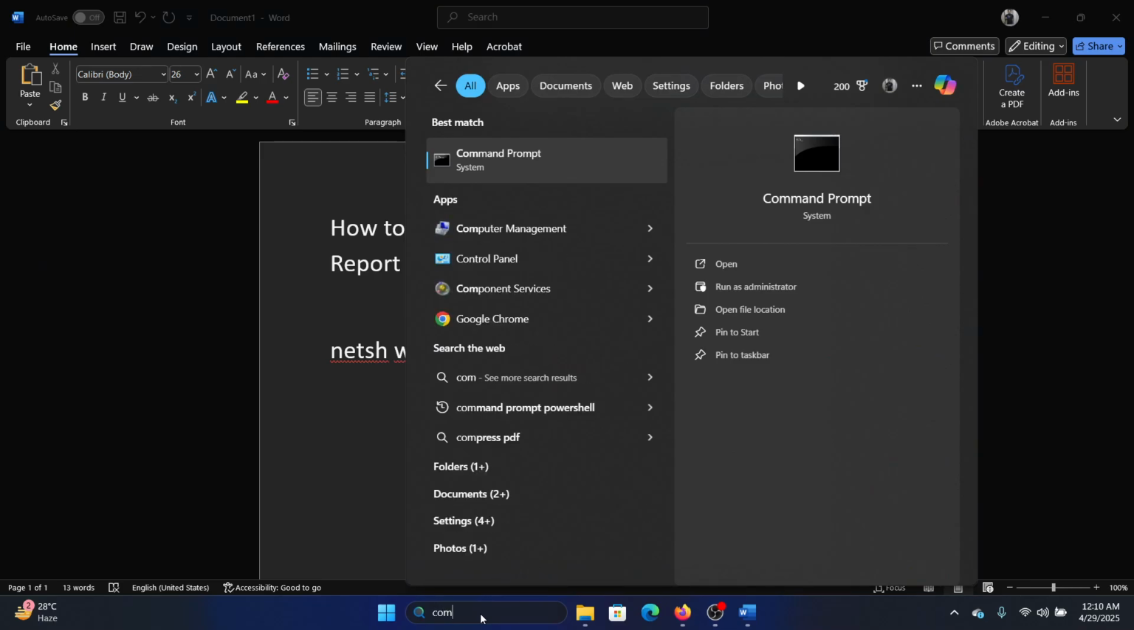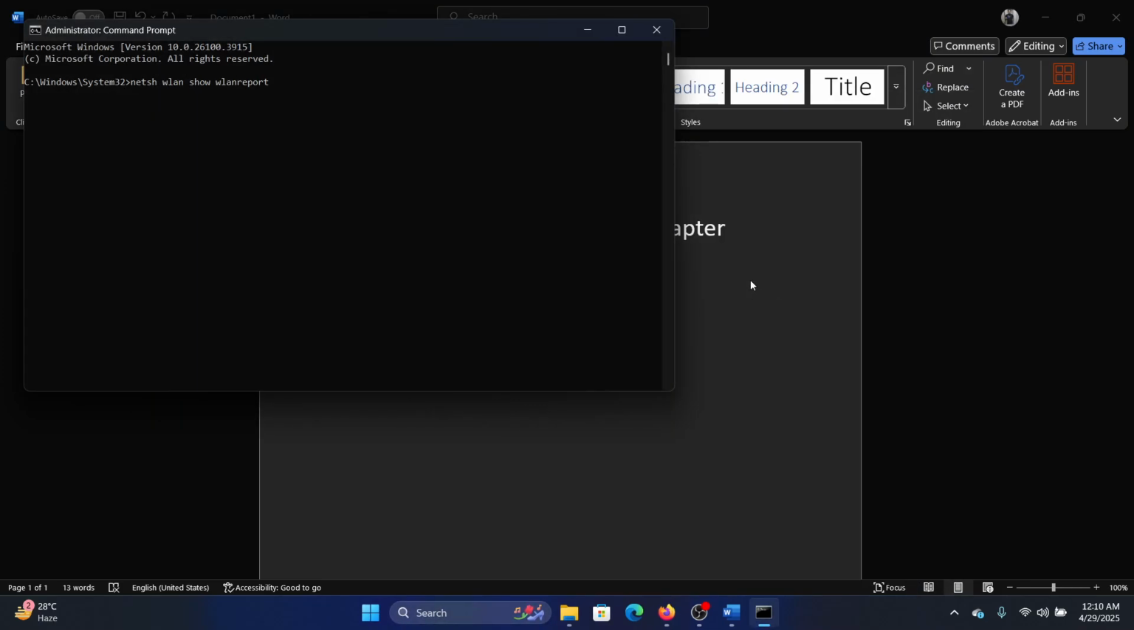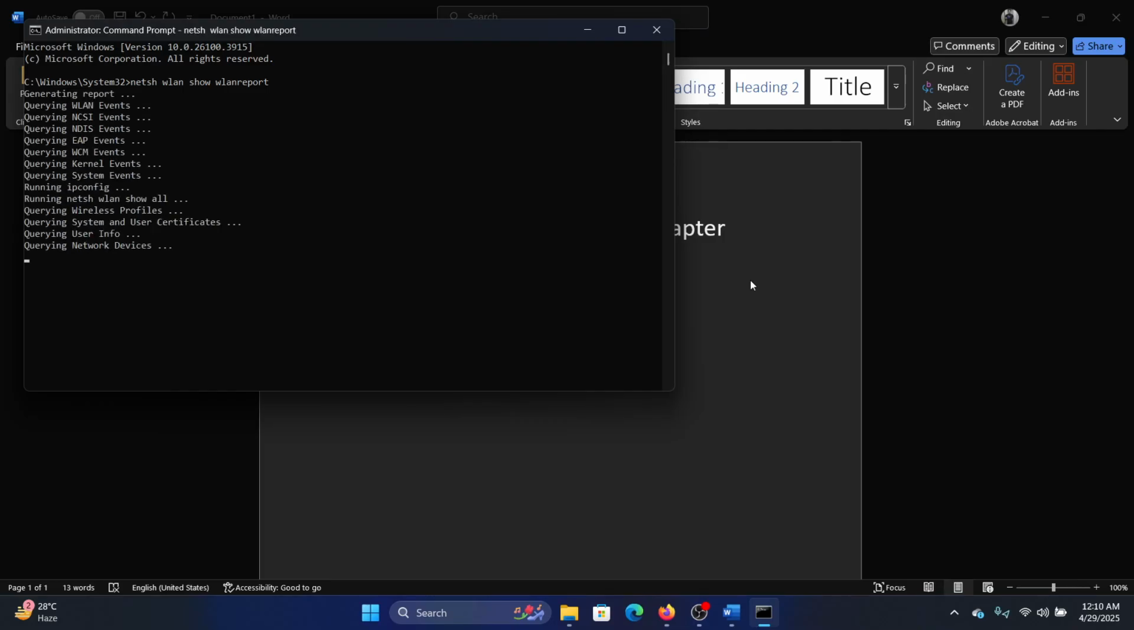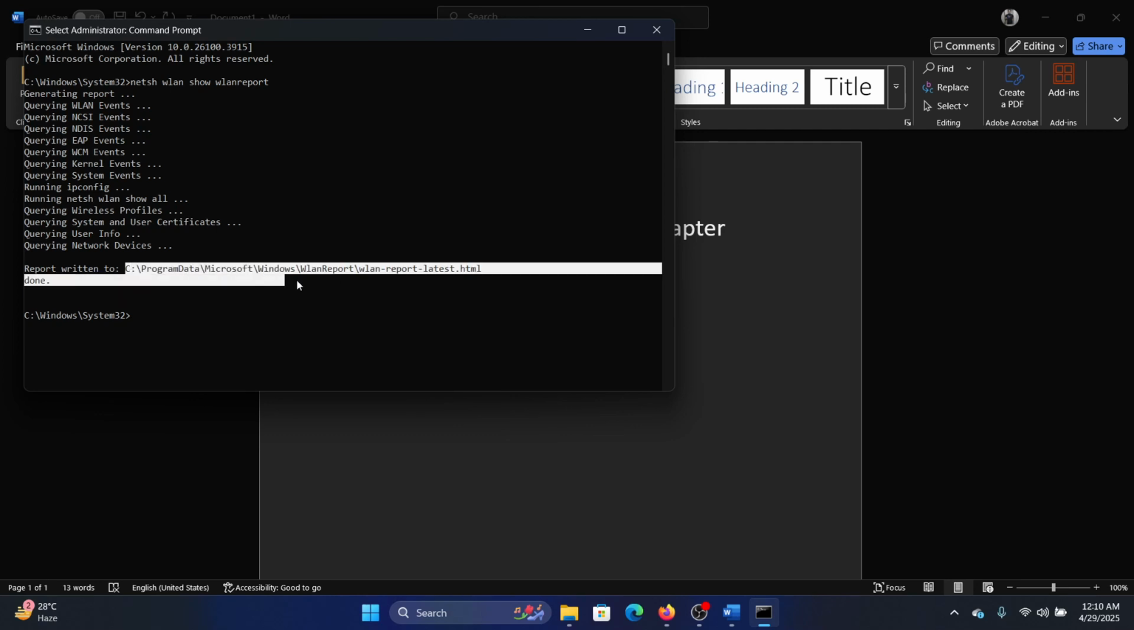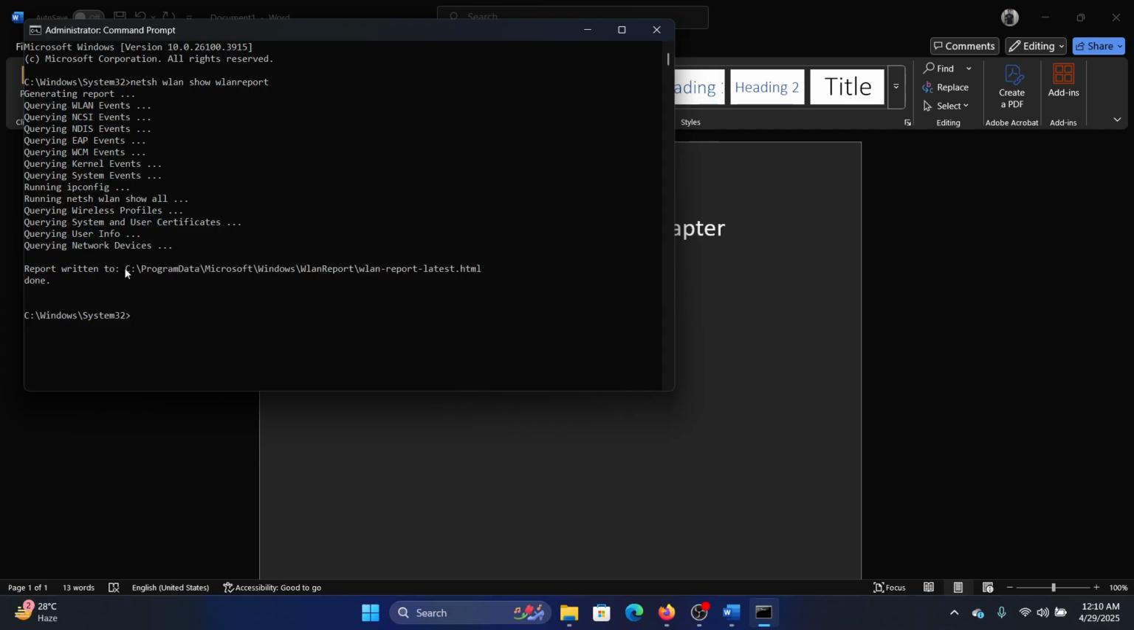So search for command prompt in the Windows search bar and click on run as administrator. Paste this command here and hit enter. So it will need a while to generate the report, and then it will give a certain path. All we need to do is copy this path, okay,